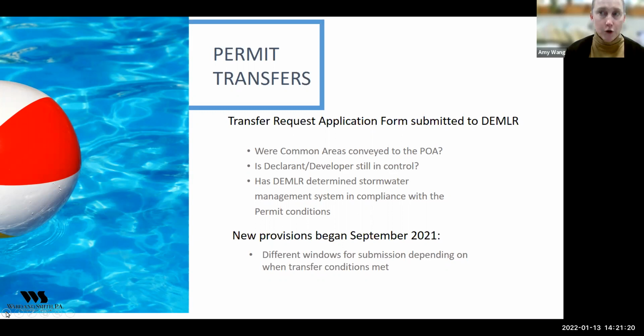So for all new permits that the agency has been issuing since September 16th, there'll be a provision in the permit that requires an annual certification for a licensed consultant to come out, observe, and basically certify to the state that the stormwater system is in compliance with the permit.